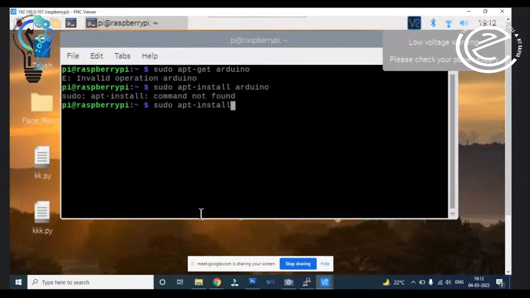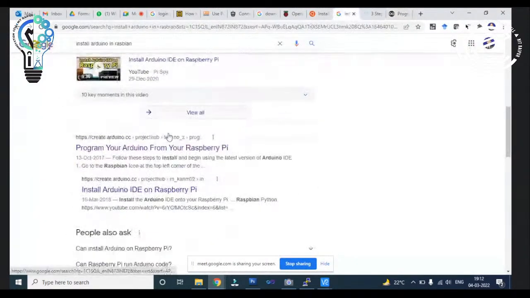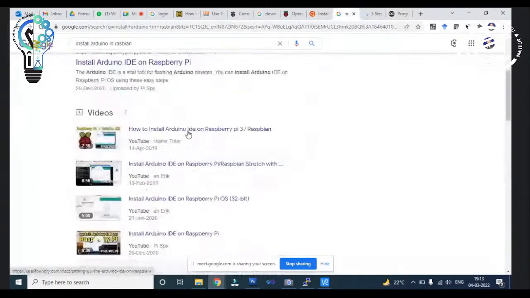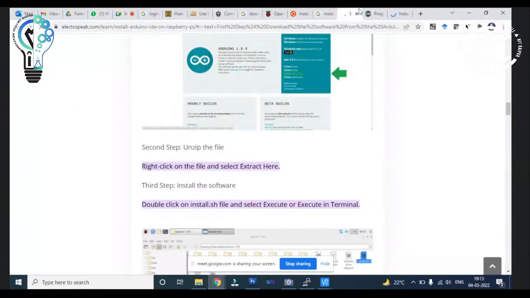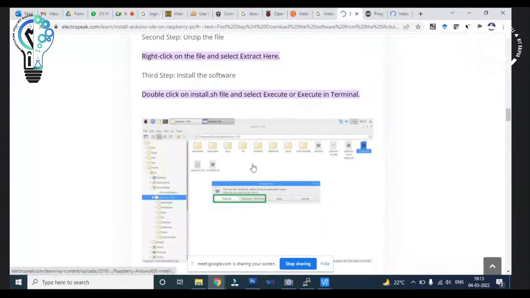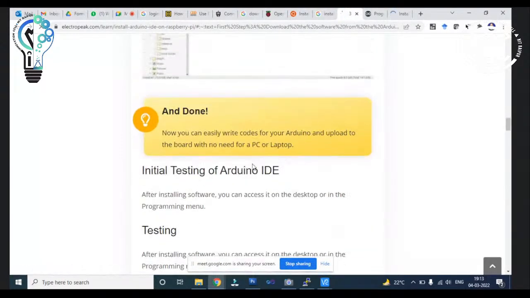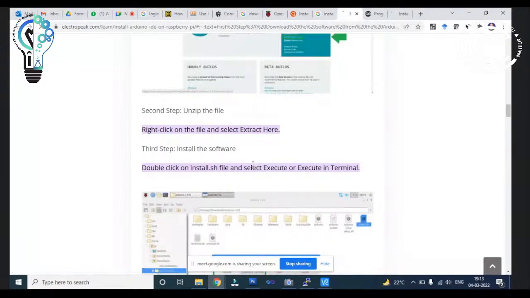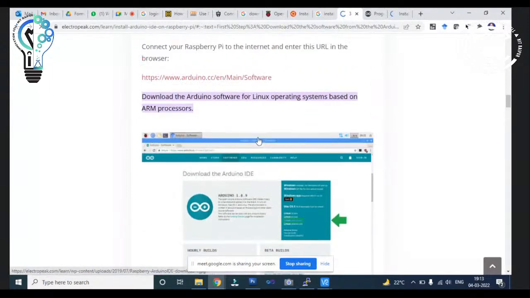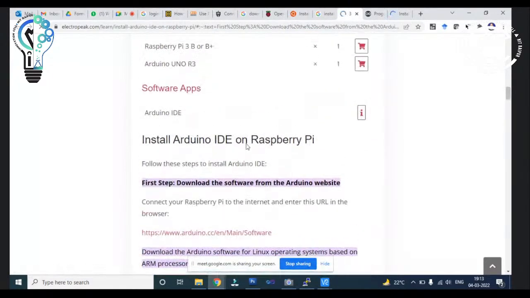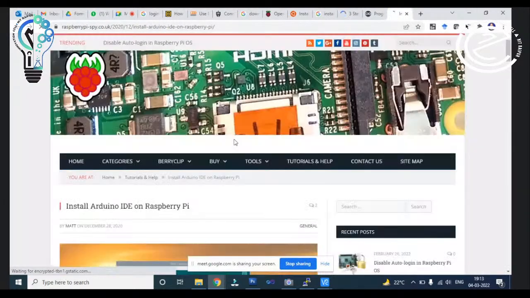Let me search it. I just try to enter the command. This is the manual method through which you can install the Arduino software, but you can also install through the command prompt.